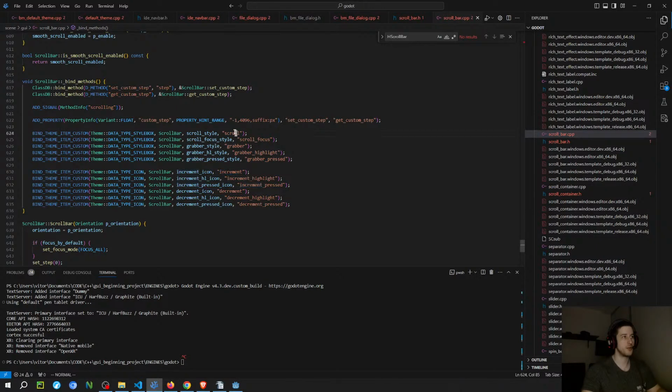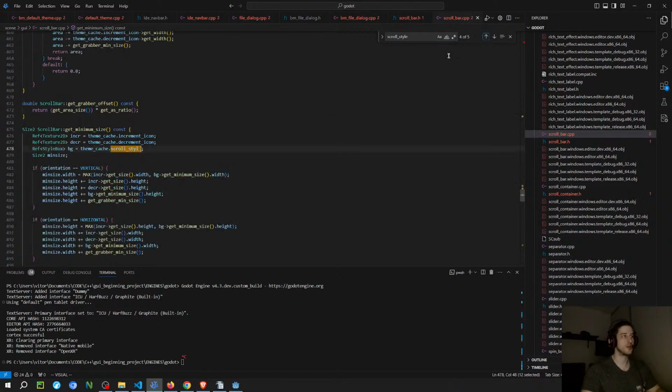And that's why you're able to use this macro here. That's why the classes are able to use the macro to set the values of the member variables of the class with whatever values these have on the default theme. Then they're going to use these values to create a drawing of the class. And that's why if you override the theme, it's going to change the style of the class,